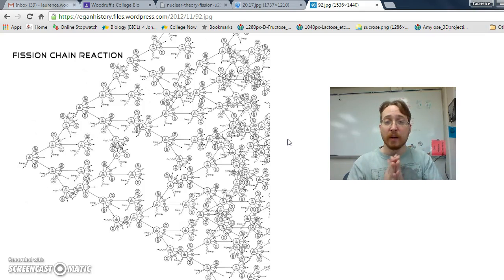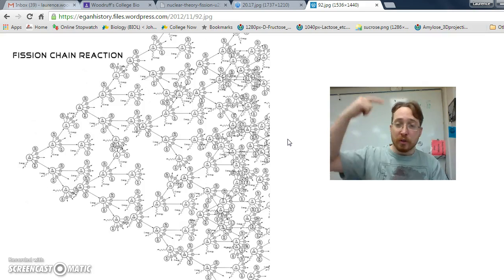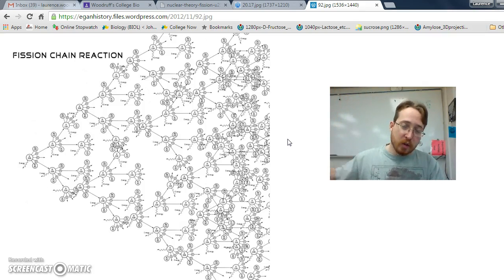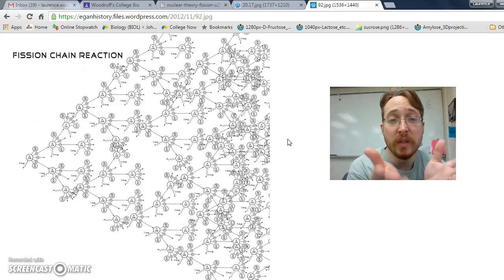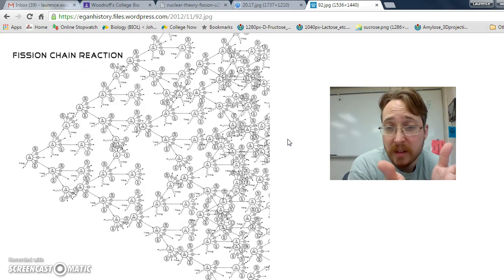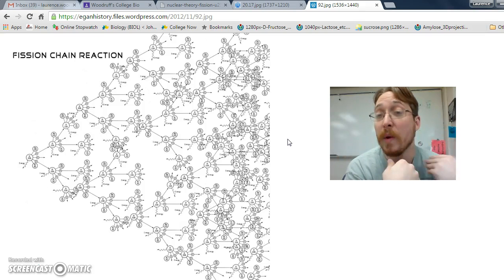It creates a lot of thermal energy, which we use to heat up water, which creates steam, which then rises and turns turbines, which generate energy. You don't need to know the details of how the nuclear power plant works. You just need to know that we are using this kind of event and containing it so that it can be useful to us. We're getting the energy out of it and transferring it to what we need it to be,